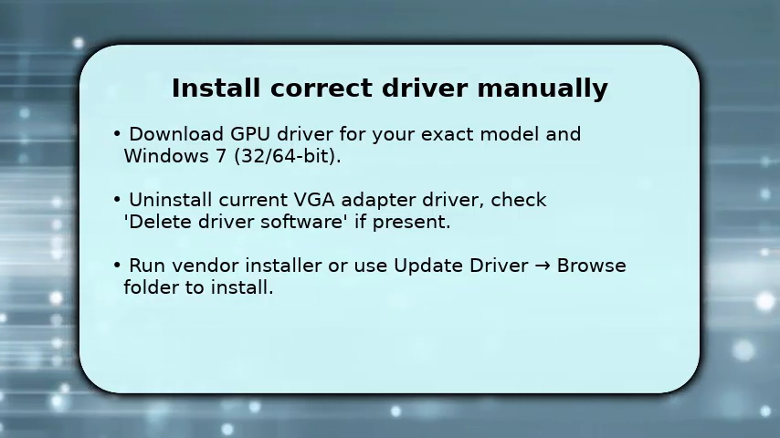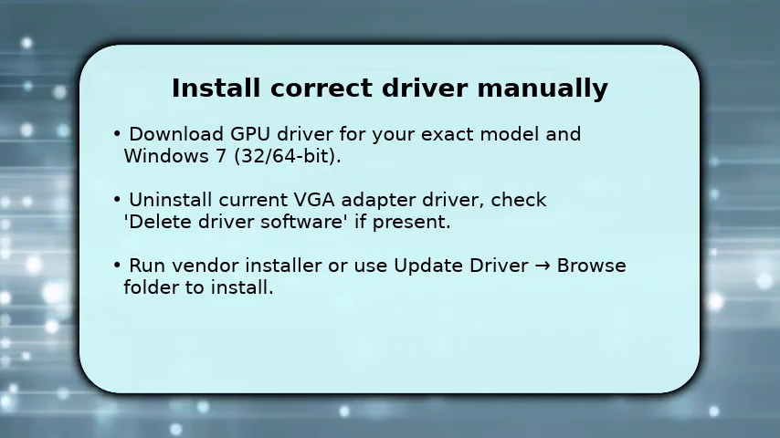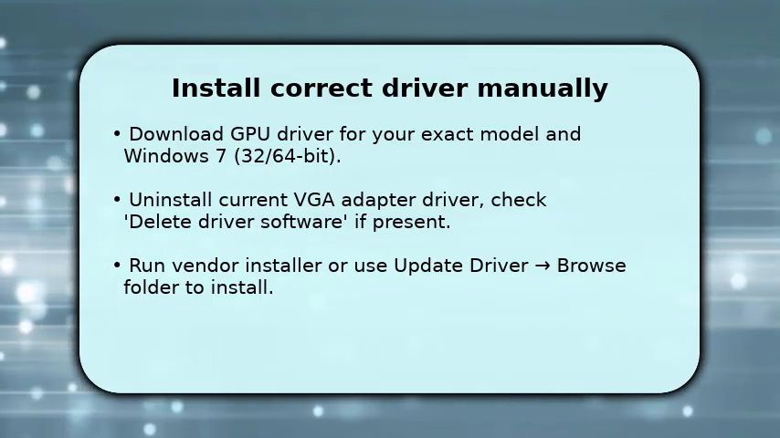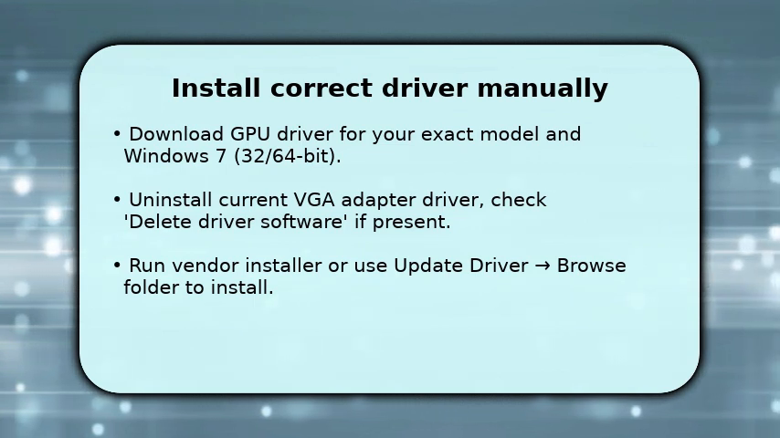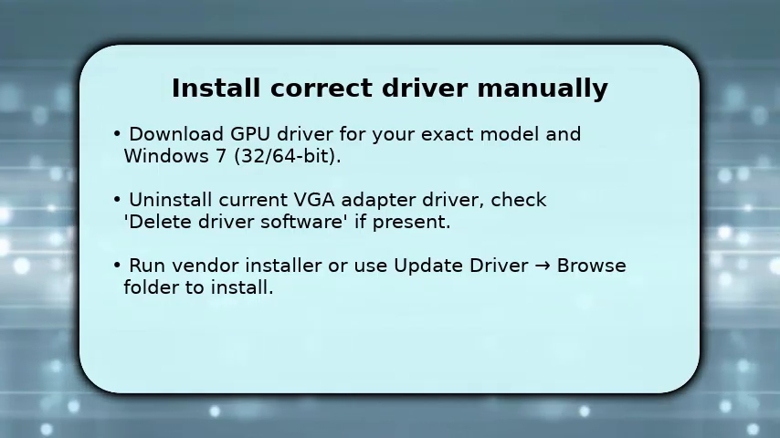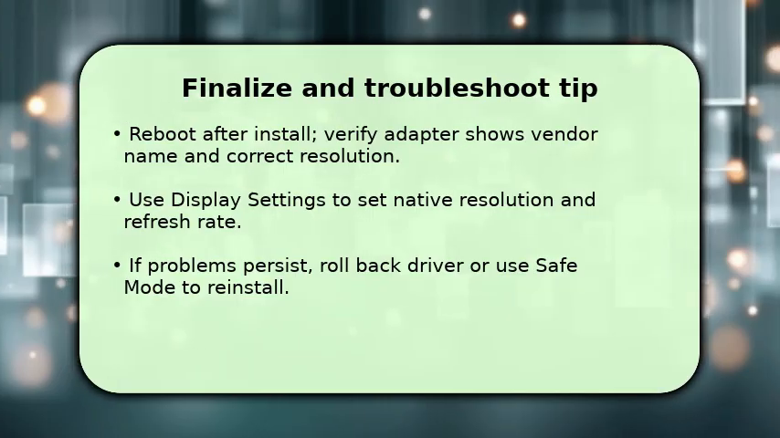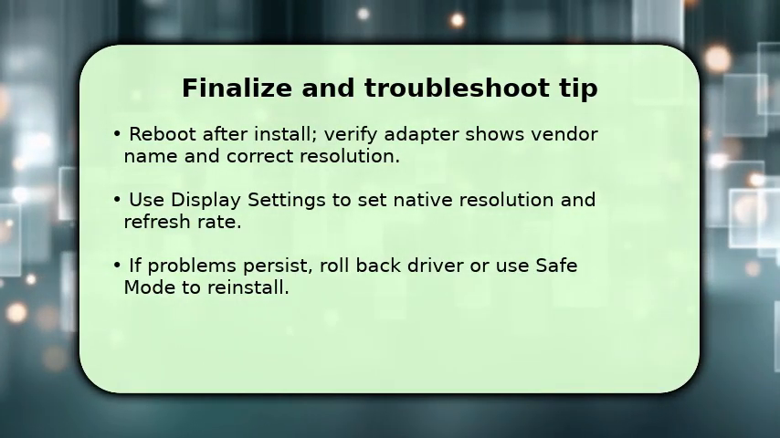After uninstalling, reboot. Once Windows restarts, run the vendor installer or use Update Driver, then Browse My Computer to point to the downloaded driver. This ensures Windows loads the proper hardware-specific driver. Finish by rebooting and verifying the adapter now shows the vendor name and that you can select the display's native